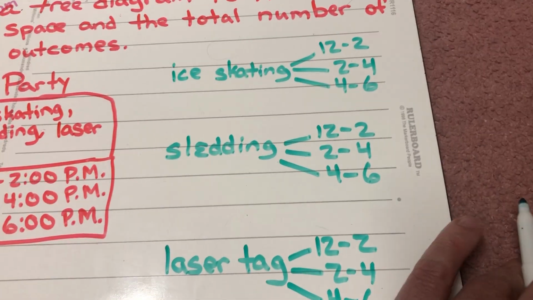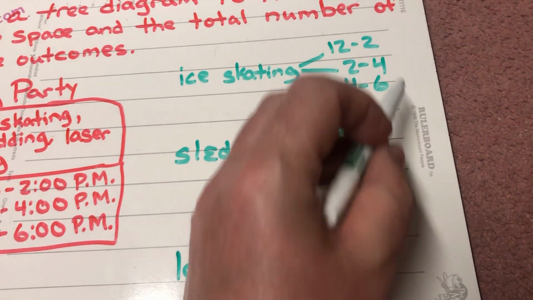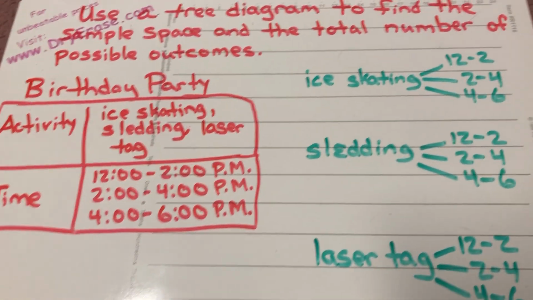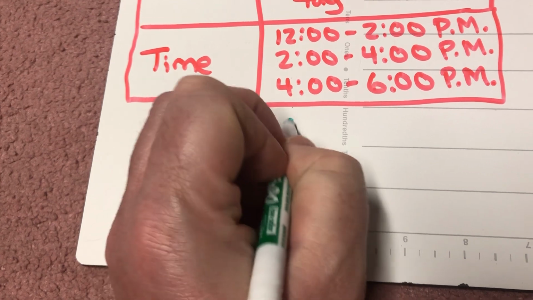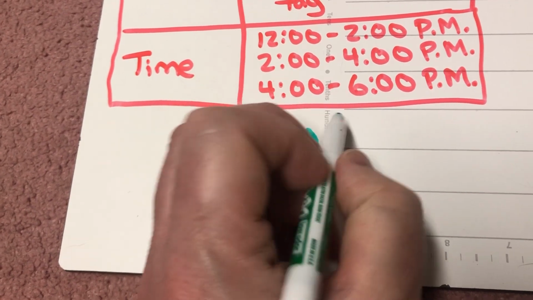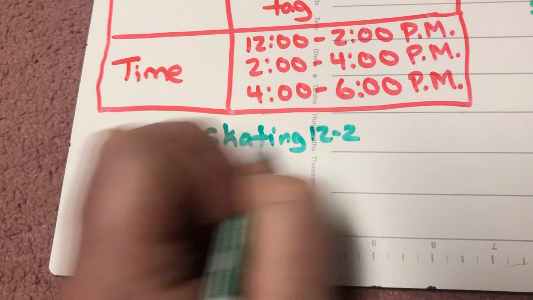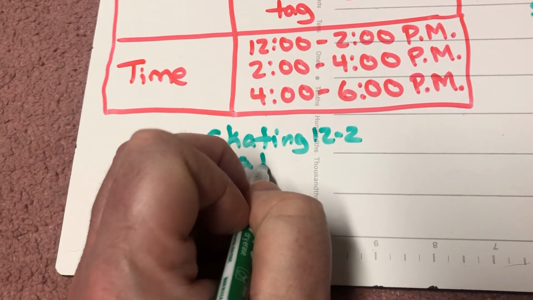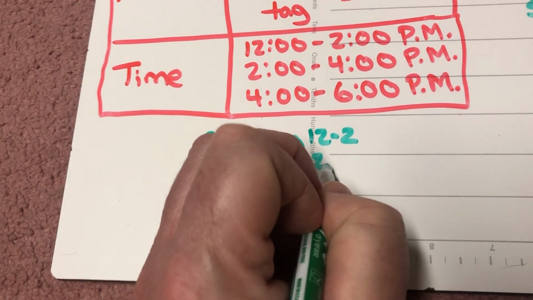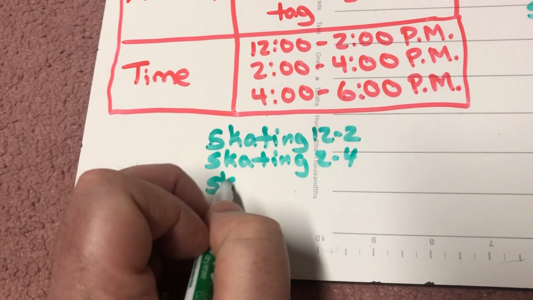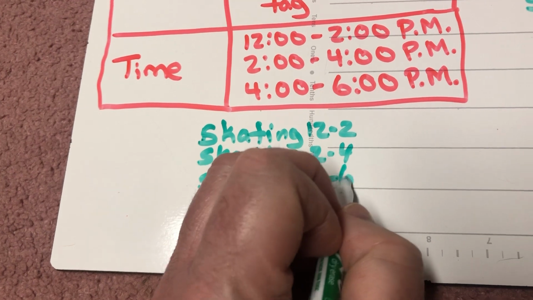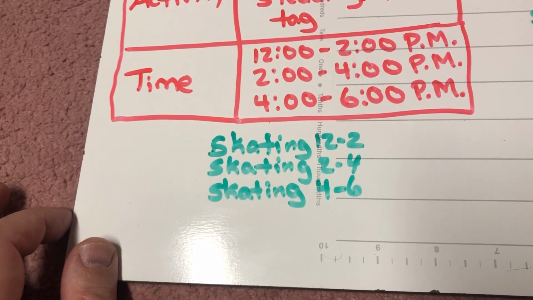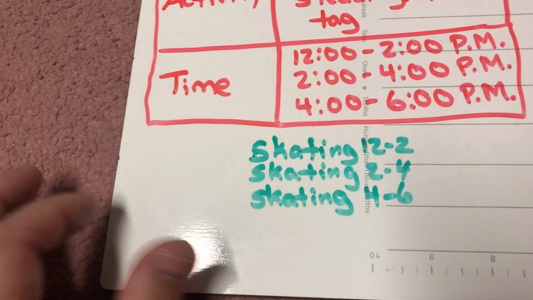So typically they would write it right over here, but for space reasons, I'm just going to come down here. So we see that we could have ice skating. Okay, so I'm just going to, for time's sake, abbreviate it with skating. We could have skating, 12 to 2, skating, 2 to 4, skating, 4 to 6, okay? And then we'll look at